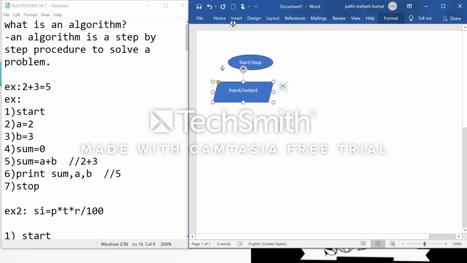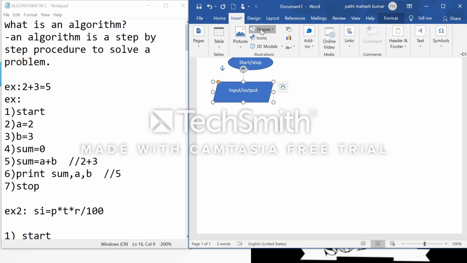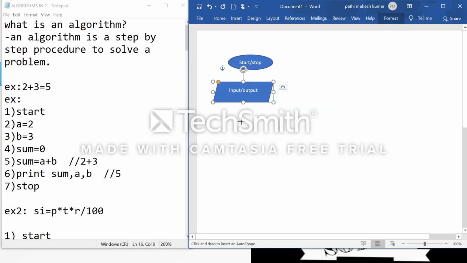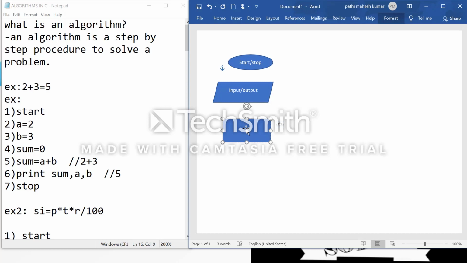Okay, next, the rectangle box. This shape is used to initialize or calculate statements. Okay, initialize or calculating.